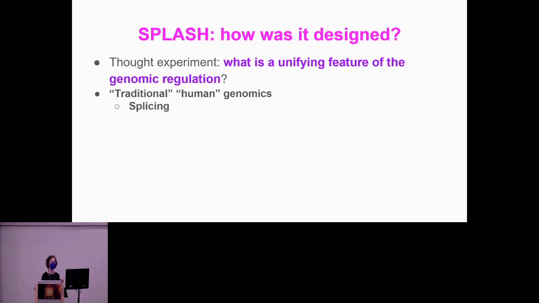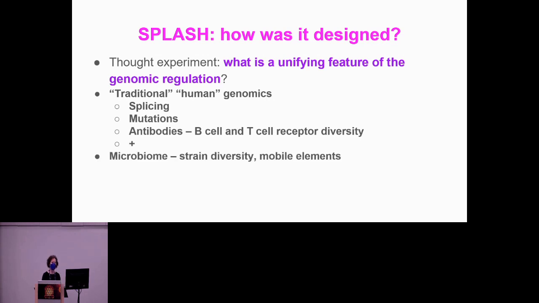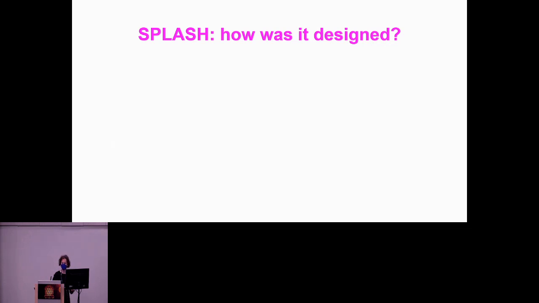And this algorithm, if it worked, would have to perform the tasks that are traditional today in human genomics, such as splicing, mutation calling, beyond that, antibody repertoire calling, and more and more. It would also work for totally other kinds of problems, such as understanding the microbiome, discovering new mechanisms, such as CRISPR or other